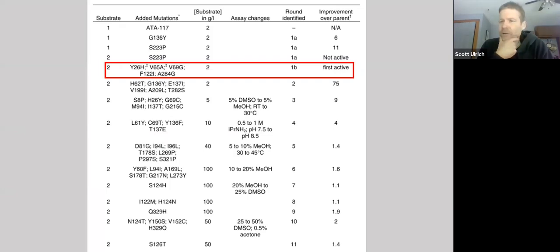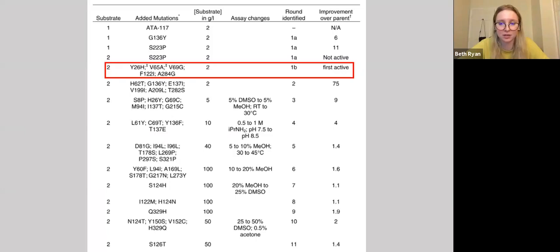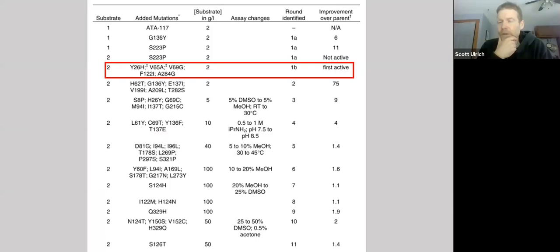You mean how long it took to do this? Yeah, how long do you think it would take to figure this out? Because obviously they had to have failures in between that aren't shown. That's a good question. I don't know, not exactly. But if I had to guess,